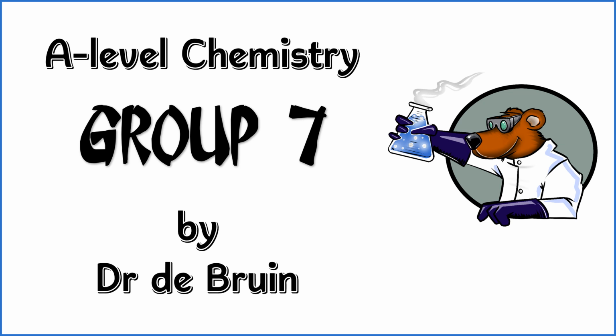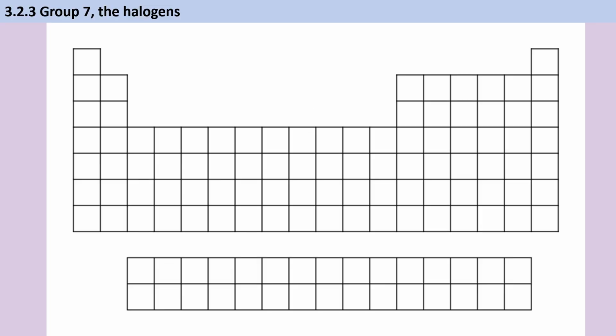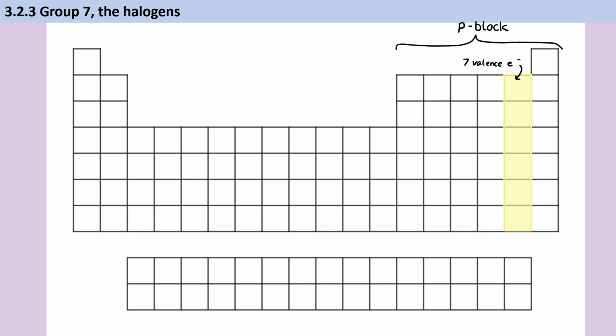This is a video summarising all that you need to know about Group 7 for Paper 1 of AQA A-level Chemistry. The third inorganic chemistry topic covered in AQA A-level Chemistry Paper 1 is Group 7, also known as the halogens. These elements are found in Group 7 in the P block, and they all have 7 valence electrons in their outer shell. The name halogen means salt former because when Group 7 react with metals, they form ionic compounds